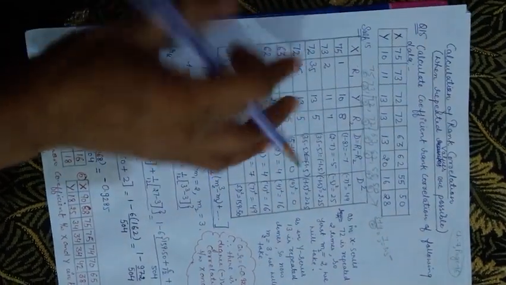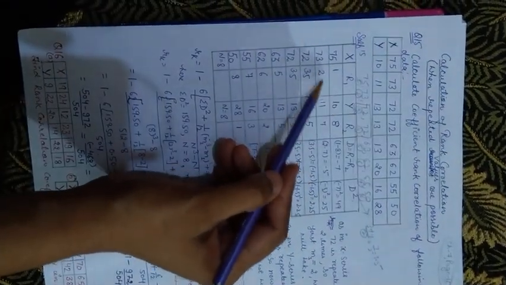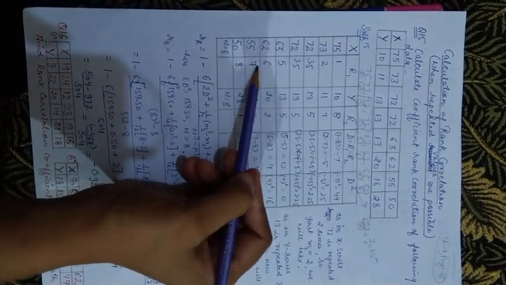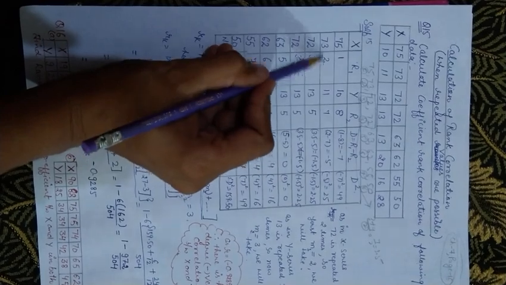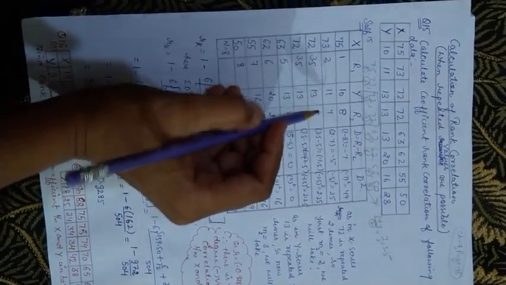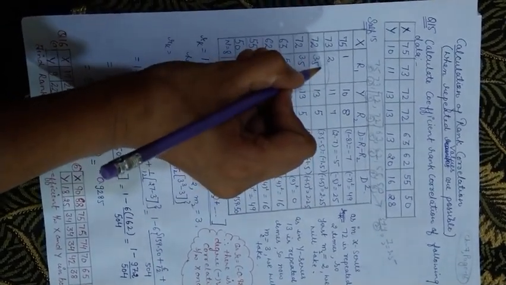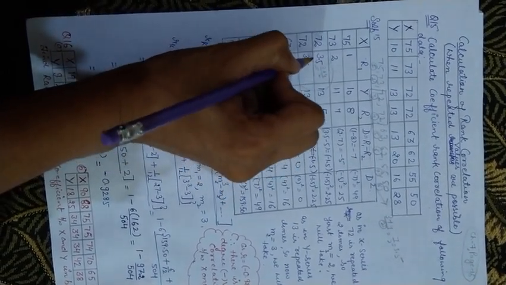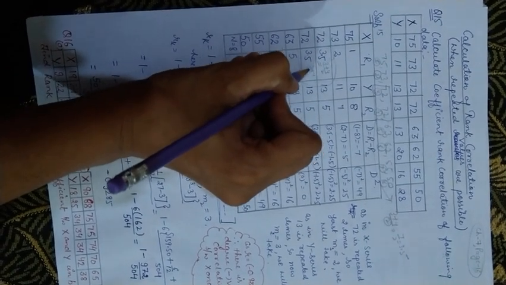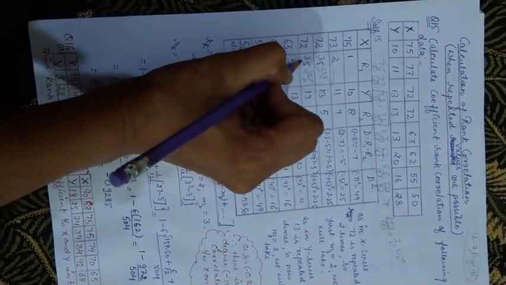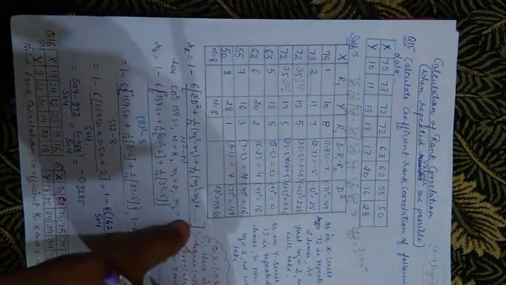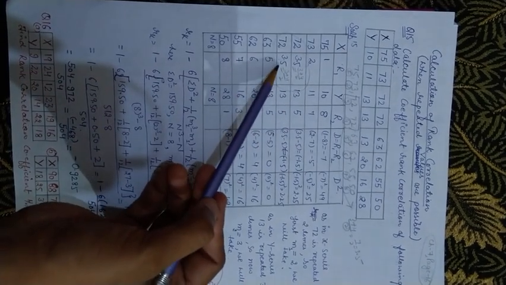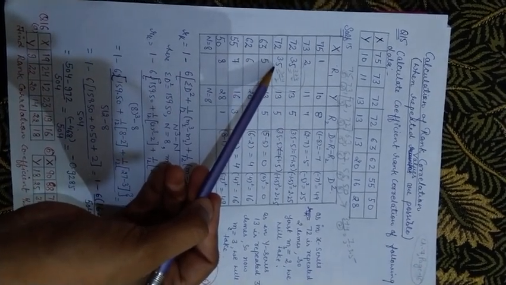I am mentioning it here also. This is your first rank, this is your second rank. Then these were not complicated. So 5th, 6th, 7th and 8th, the complication was only for these two. So how will it come? It is your third value plus fourth value divided by 2, you will get 3.5. Same over here, third plus fourth divided by 2, 3.5. Why have we done this process? Because if these two values are same, they should be given the same rank.